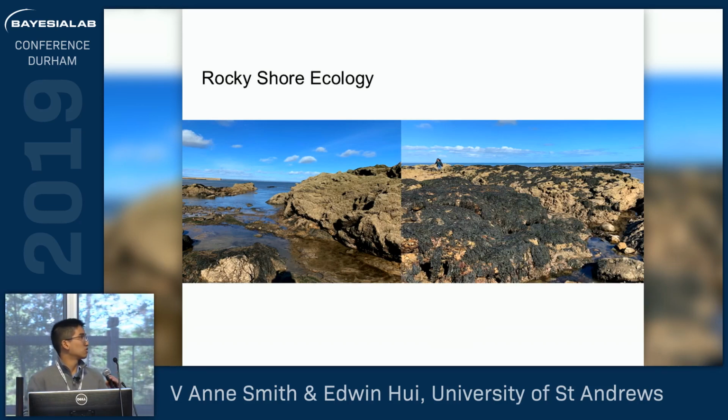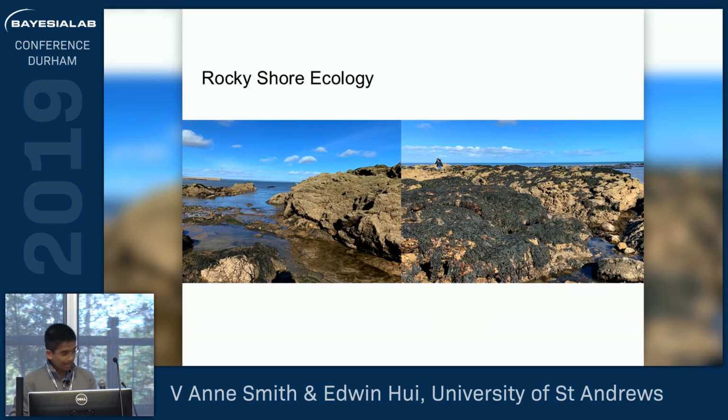And also the most important thing is that it's been shown that there are alternative stable states on the rocky shore. So on one side, on the left-hand side, that's basically rock that's completely dominated by barnacles. On the other side, it's completely dominated by fucoid algae. Now, depending on which one's dominant, it's going to confer a completely different set of ecological relationships, and a different set of species that's going to be present. So, for example, if fucoid is dominant, you're more likely to have snails and limpets hanging out underneath them, because it provides them shelter, food, and also protection from predators.